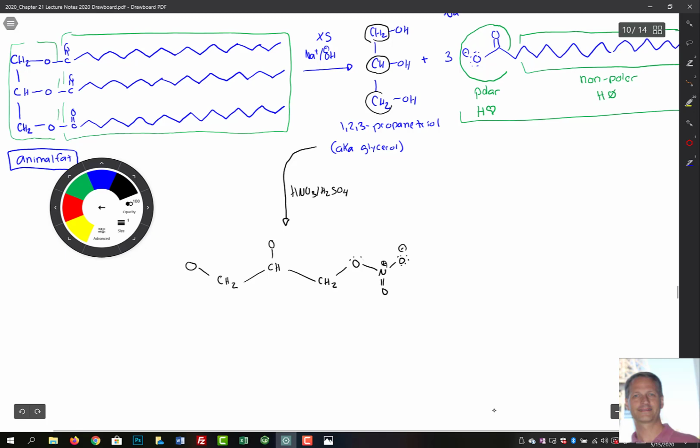Plus and minus charges on that guy, and we just do this 3 times. So we're going to come over here, put our charges there, and then last this left-handed position with our nitrogen and our oxygen. So this is glycerol. Here we have added 1, 2, 3 nitro groups. So this is known as